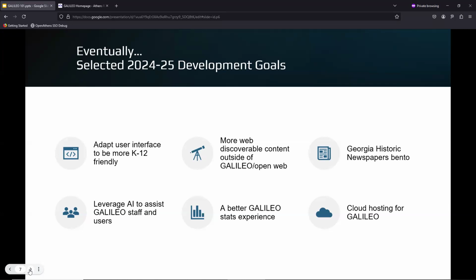We've been long working on a better Galileo stats experience. We have to get to a minimum viable product. And again, there's that word, minimum viable products. Basically, the stats tool is the only part of Galileo at this point that is still on the old code base. Our developers are working very hard and will dedicate time to that this winter